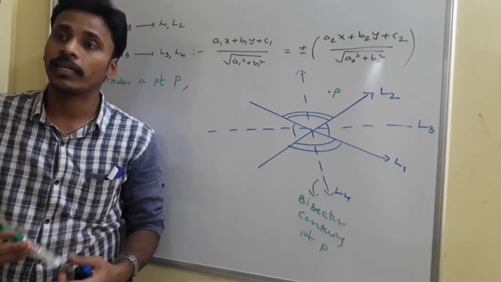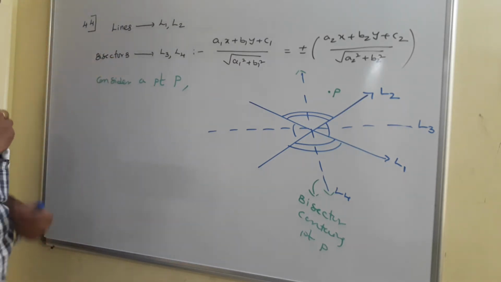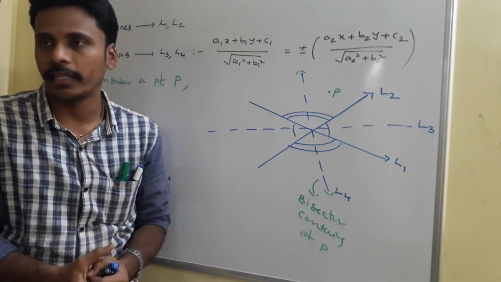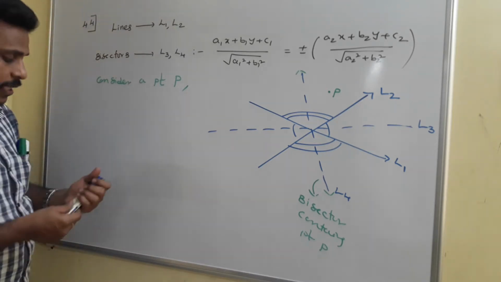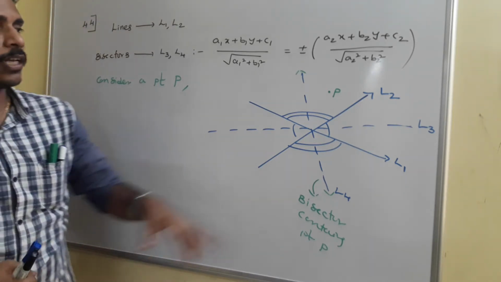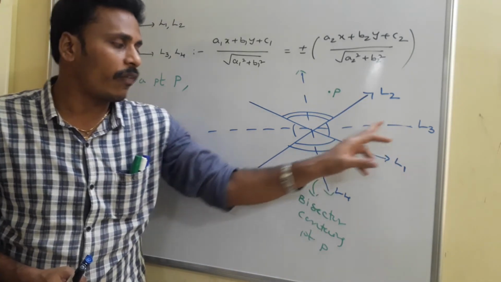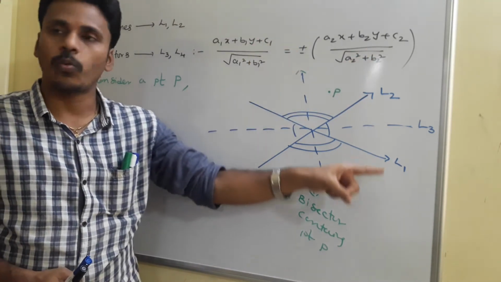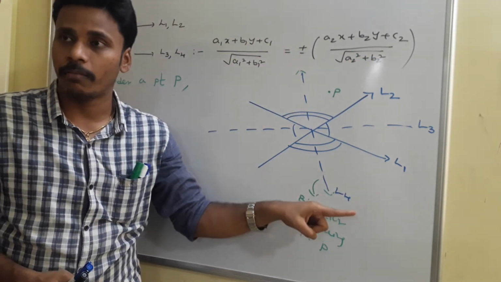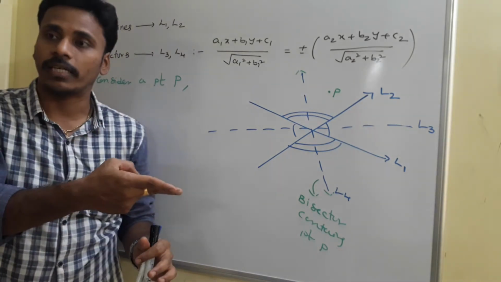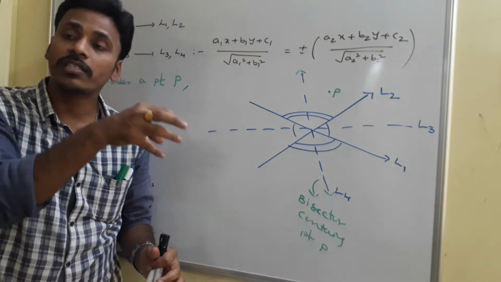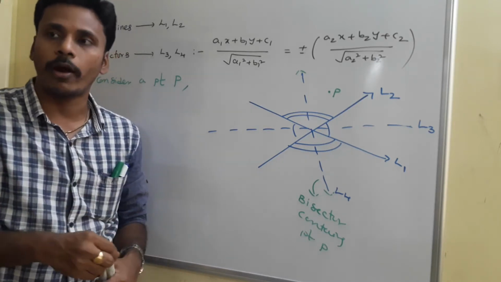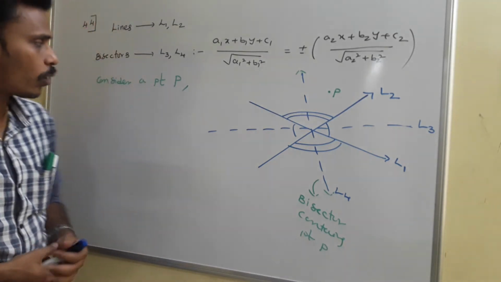So how do we find the bisector containing point P? That is what we mentioned in the last class as 44, and now I am reminding that. Actually the bisectors are L3 and L4, and we find those two bisectors with plus or minus signs. This is the formula. With the plus sign you get one bisector, with the minus sign you get another bisector. Among those two, we need to identify the bisector in the region where the point P is located.